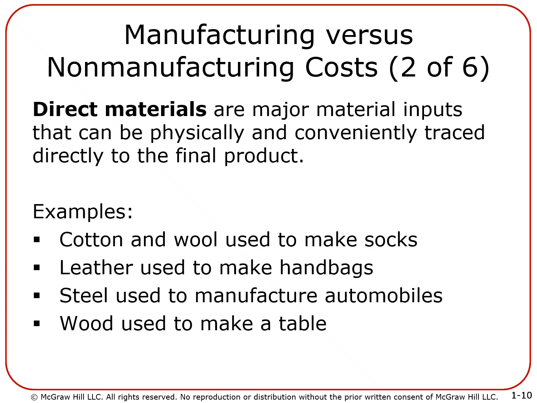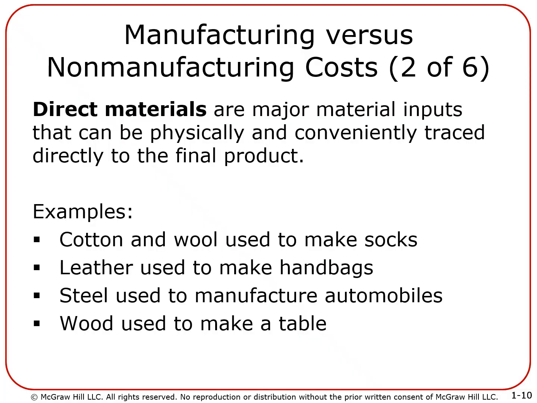For example, think about a handbag that you are making, a leather handbag. Now, the main component whenever you look at it is the leather, definitely, right? You could touch, you could feel, you could smell the leather. So that is directly linked with the final product. Whenever you look at a car in the same way, the stainless steel that you see outside, you could touch it, you could feel it, right? So that is direct material.